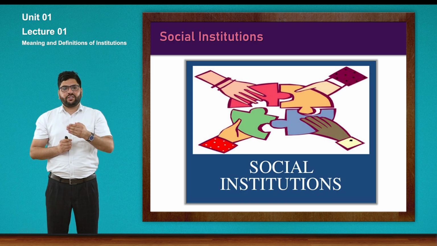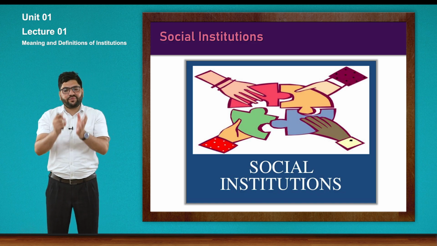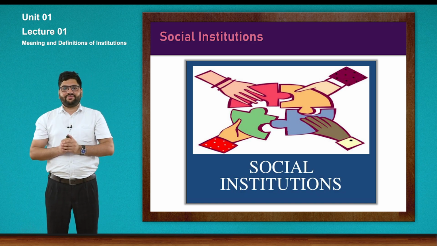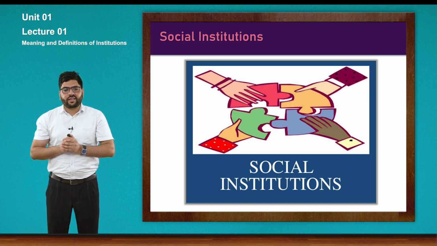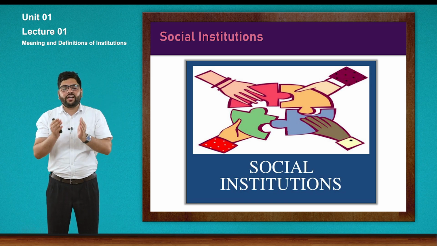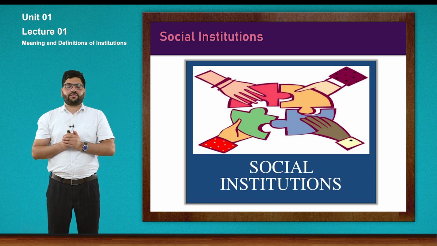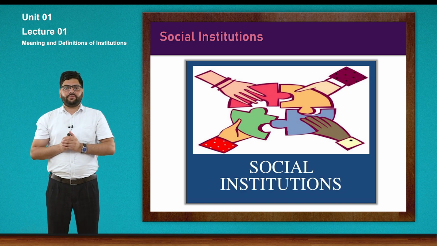That means with the proper rules and regulations, with the values, with the customs which are existing in that very society, in that very social setting. We have hierarchy. What do we mean by hierarchy? Hierarchy here means the grading. Grading of what? Grading of the human beings. Grading of the members within the society. That we call as hierarchy.